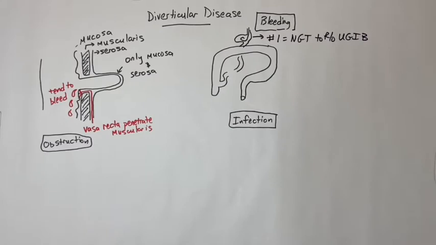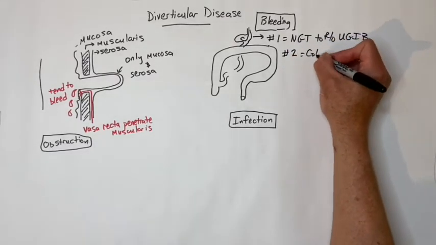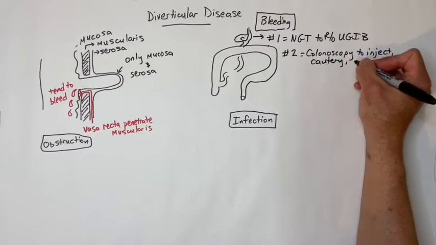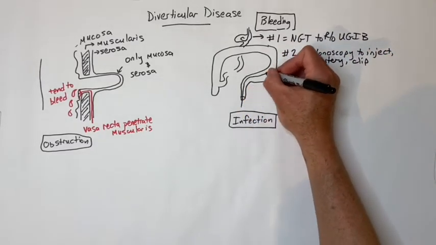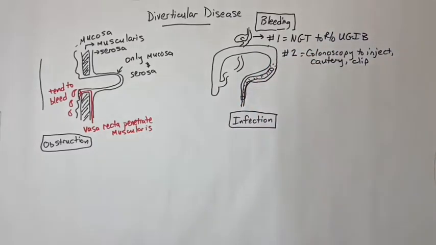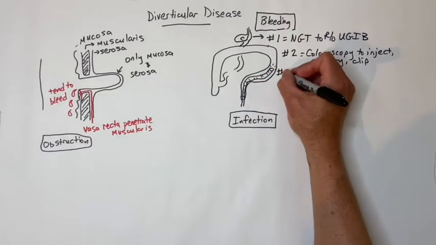The most common cause of lower GI bleed is diverticular disease, but others are tumors, angiodysplasia, or ischemia. In general, always start with a colonoscopy, since if you can find the source, it is also therapeutic via epinephrine injection, cautery, or clips. If a colonoscopy cannot find the source, then you should try a tagged RBC bleeding scan